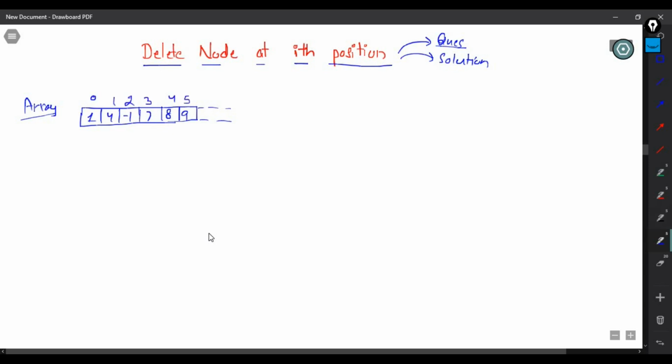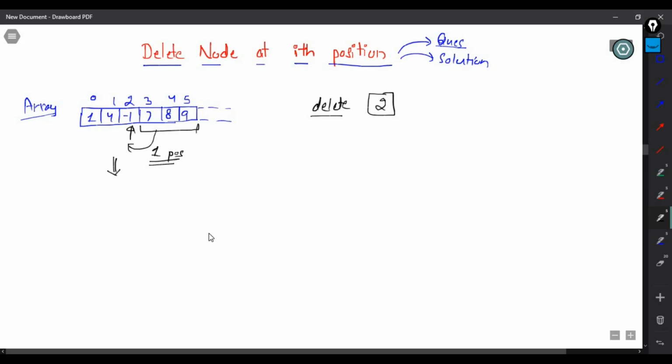Suppose you want to delete the data present at index 2. You will go to index 2, and for deleting the data you have to shift all these elements towards left by one position.